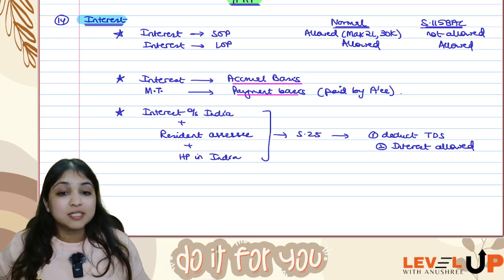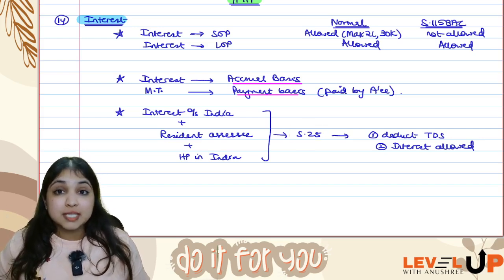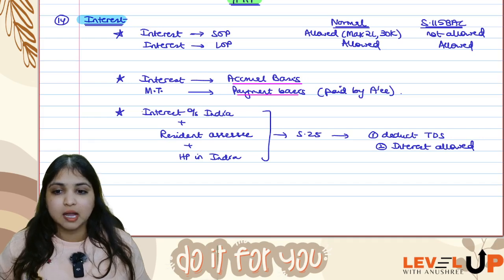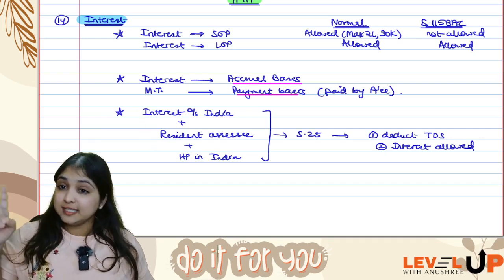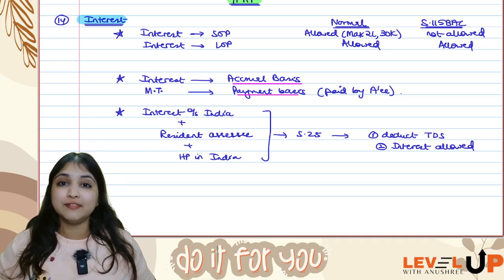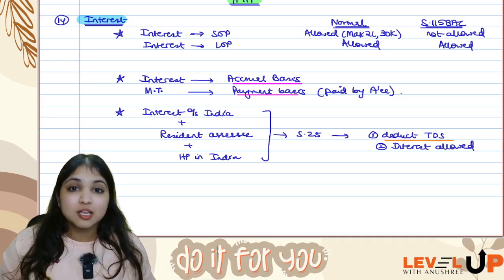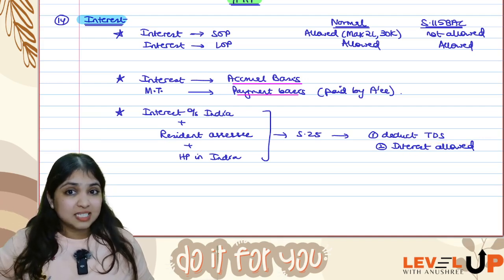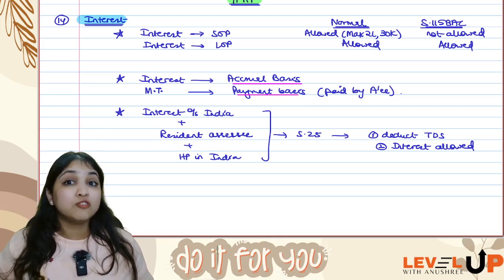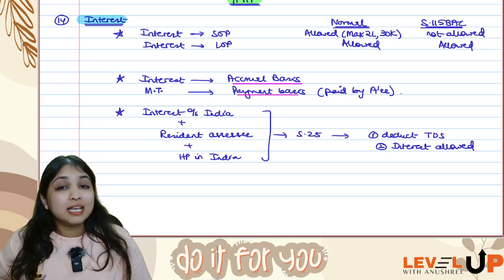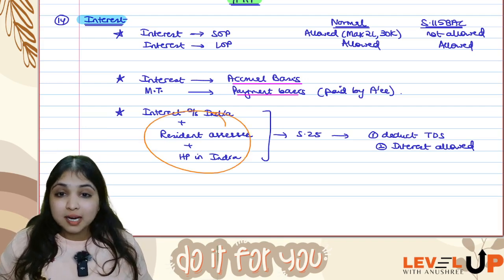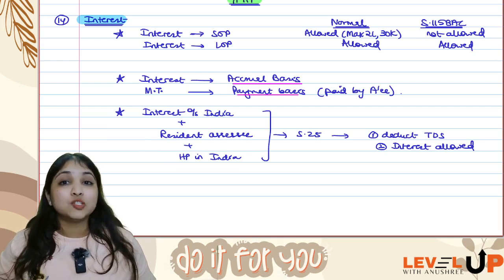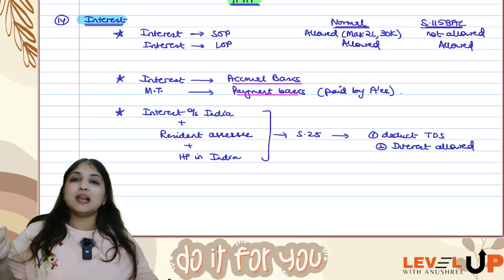Then we had also learnt about section 25. If you recall, we had learnt if assessee is paying interest outside India, and if he is a resident, and if he has a house property in India, if all these 3 conditions are fulfilled, section 25 will apply. Section 25 says, assessee, you have to deduct TDS. Only if you deduct TDS, only then interest is going to be allowed. 3 conditions, guys. Interest is being paid outside India, which means assessee borrowed loan from outside India, but assessee is a resident and even the house is situated in India. If all these 3 conditions are fulfilled, section 25 will apply. Section 25 says, assessee, you first deduct tax on the interest, only then that interest will be allowed under section 24.